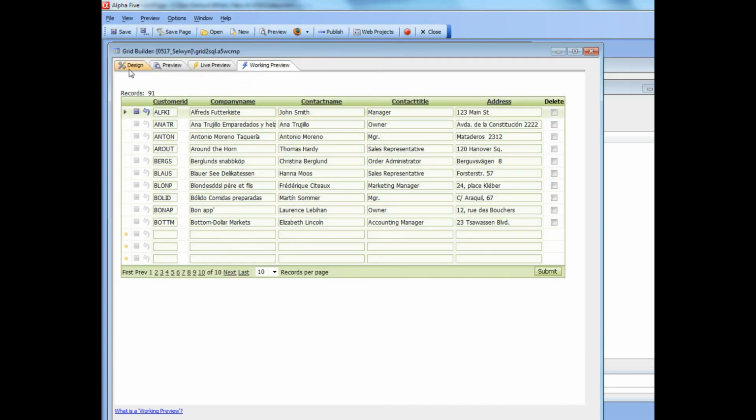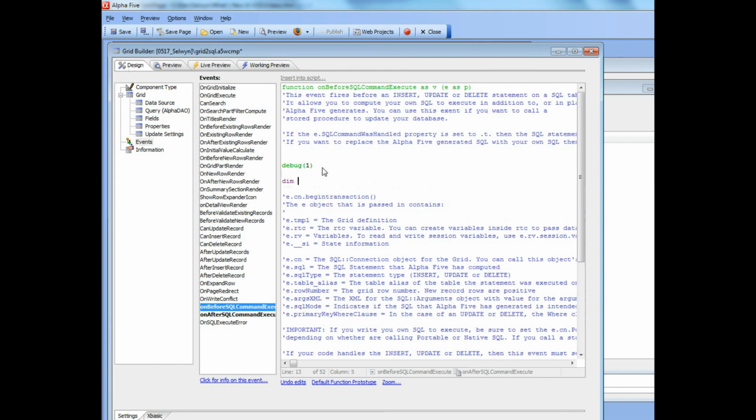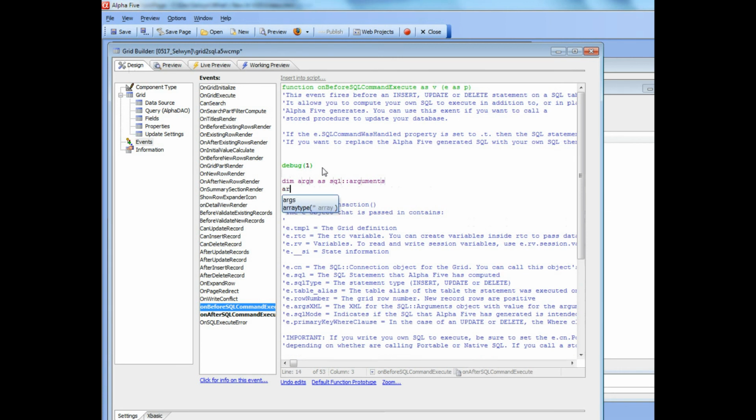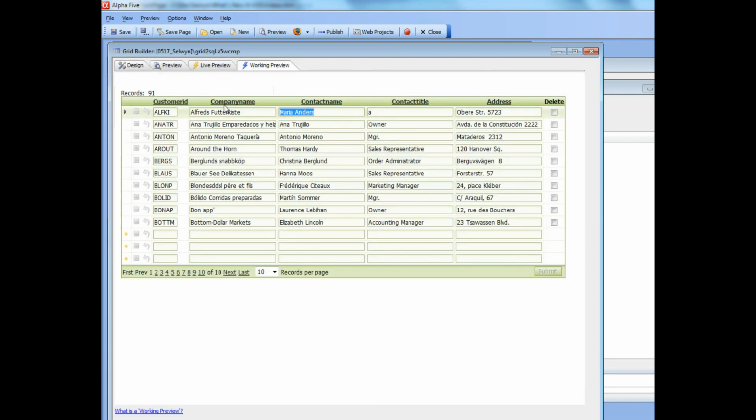So let's go ahead now, and the way that I would do that is I would just simply say dim args as SQL arguments, and then args.xml equals e.args XML. So now I have a real live argument object which has been reconstituted from the persisted XML version, and now I can use those in my script. So let's go ahead now and go here and just again type